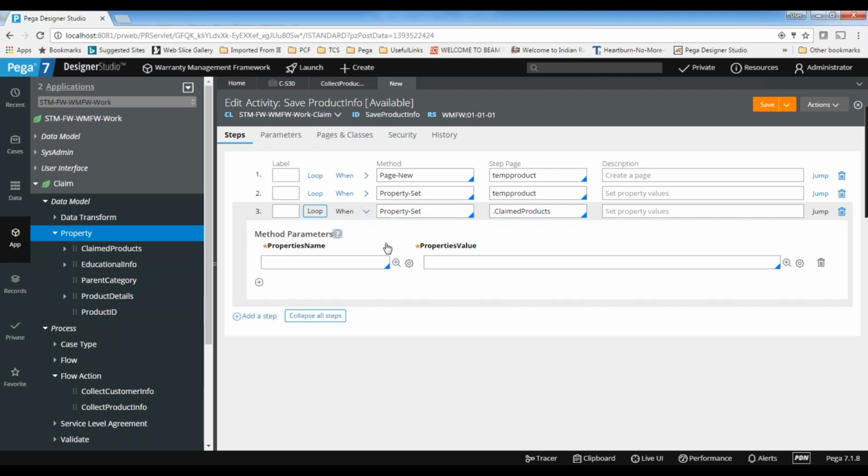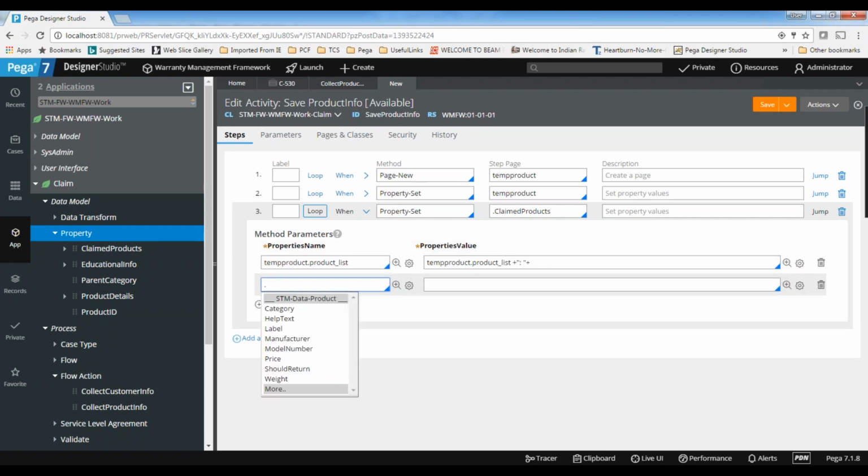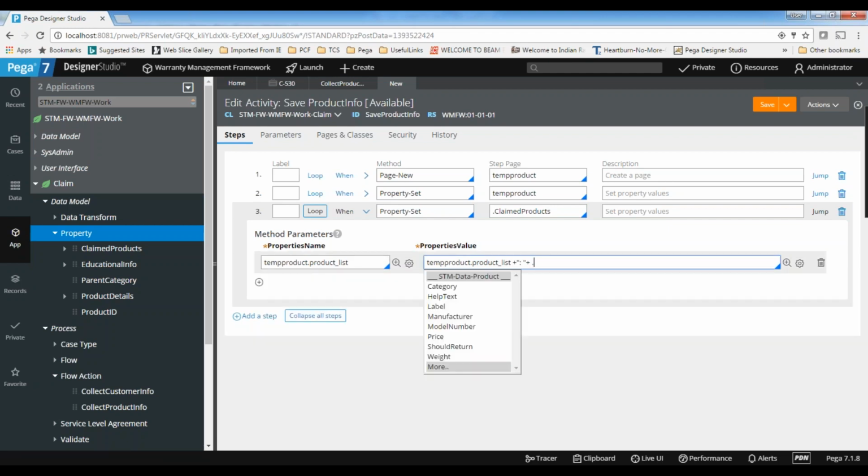So here I need to set temporary product.product list, and basically I want to append it to product list, and I want to use some colon notation to differentiate between the products. And then I want to display. This is just logic, whatever you want to do, you can do.